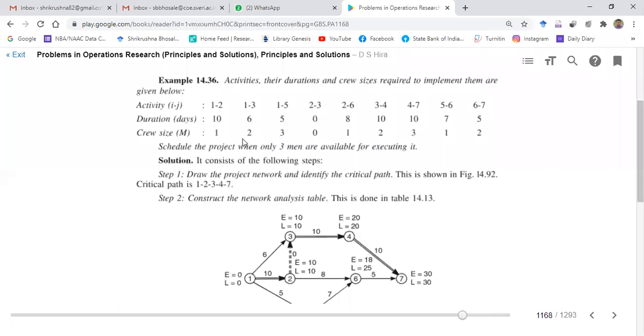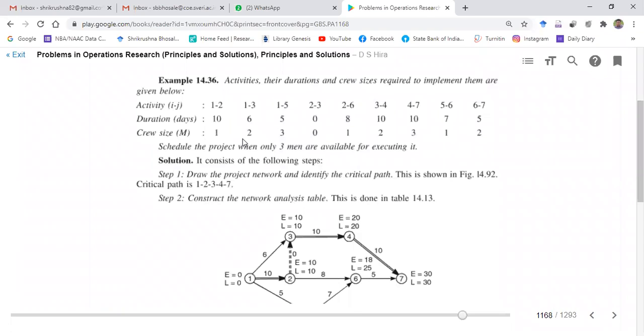The condition is that for the next activity, 3 workers are required. The available worker is only one free worker. The other 4 workers are there, but they are engaged in certain work. So what to do in that case? Should that one worker remain idle, or should the allocation be made to that particular worker? That is called crew size, and that is given in this example.